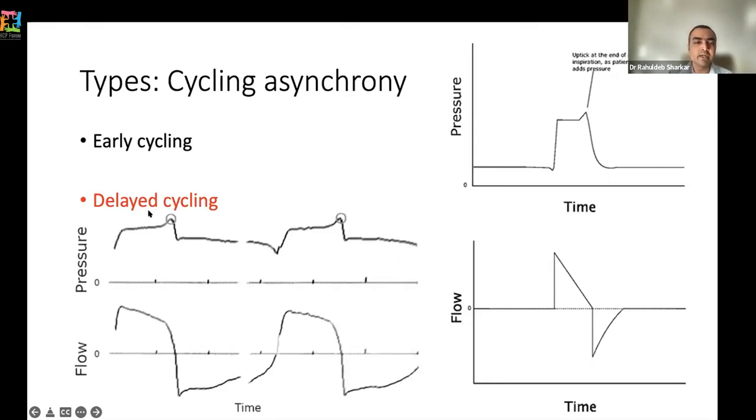And the way it might look on the actual ventilator screen is this: right at the end, there is an upward spike, and we have to reduce the TI to overcome this. So that is cycling asynchrony. And again, this is purely how we set the overall machine that is causing the trouble. And obviously we know that